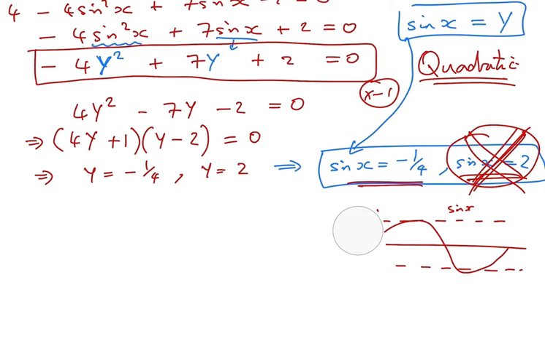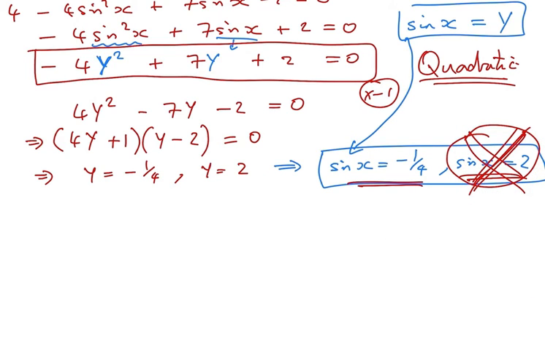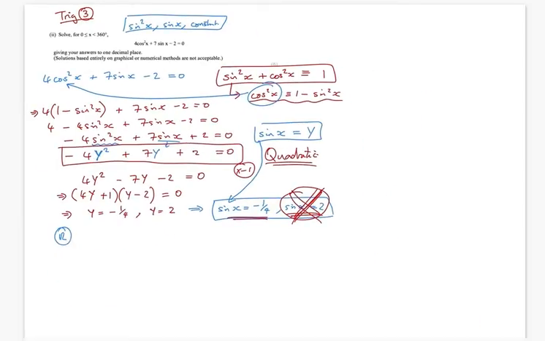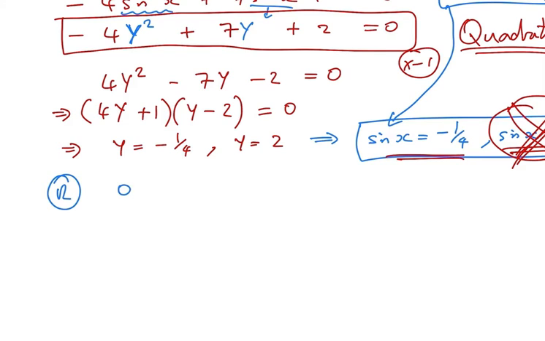So we're left with sine of x equals minus 1/4. And we're just going to solve this in our normal way, okay? So let's use our Rams method again. So what's the range? Well, it's between 0 and 360 degrees. So my range is x between 0 and 360 degrees. Okay, the angle. So angle number 1, I just do this on my calculator. Inverse sine of minus 0.25, which is the same as minus a quarter. And I get that x equals